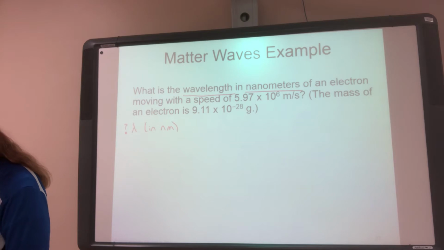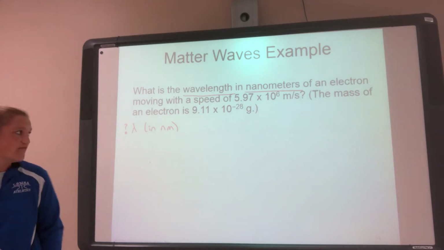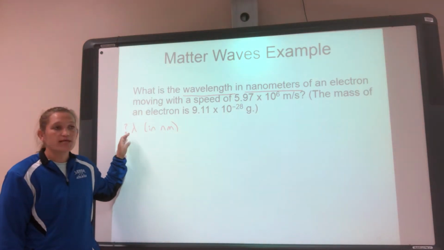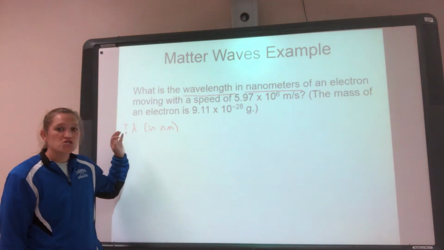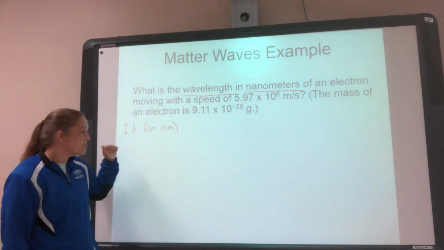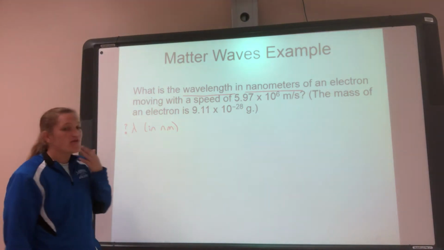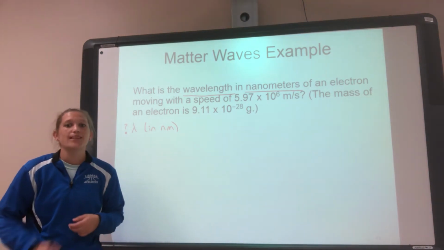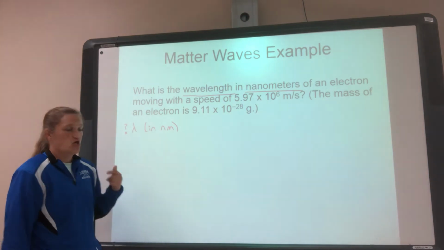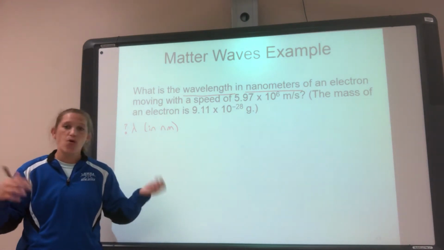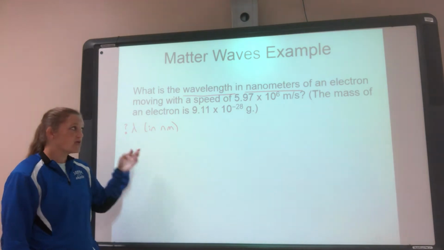And at this point, there's lots of ways I can find the wavelength. I know c is equal to lambda nu. I've got my E equals hc over lambda equation. I've got my Rydberg equation. And now I have my de Broglie equation. So I've got lots of ways that I can find lambda. So which one of these multiple equations I'm going to use depends on what they give me.